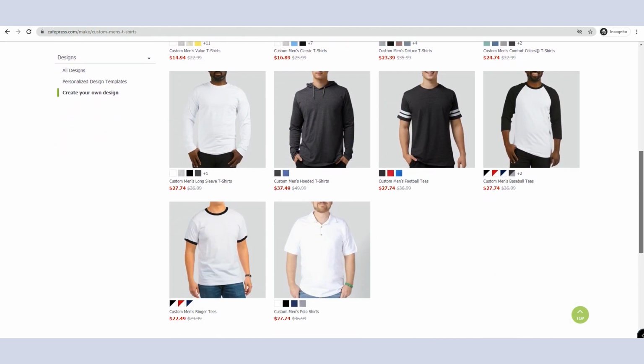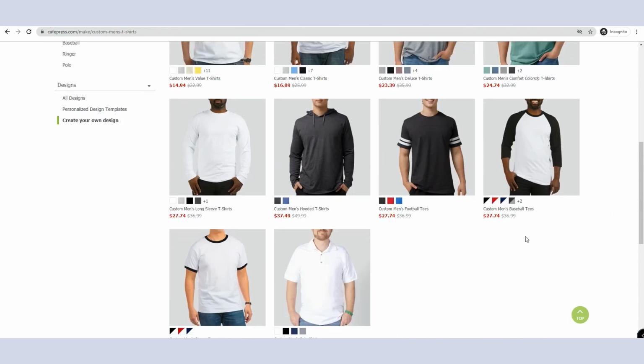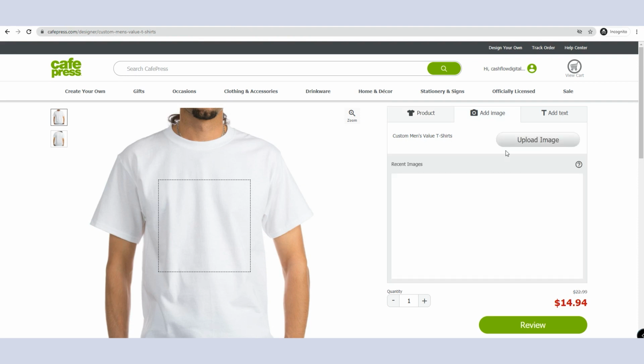I myself have a bunch of these t-shirts to choose from, as well as some hoodies and long sleeve shirts below. I'll just pick this t-shirt right here to use as an example, and check this out. When you pick your product, you'll have many different customization options. You can choose the color, the size, the quantity, and when you click on Add Image, this will allow you